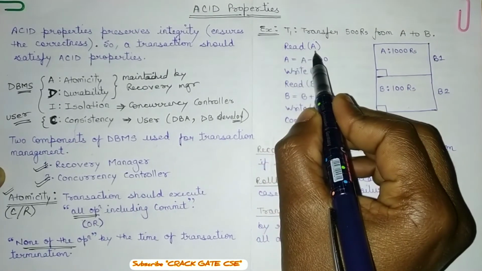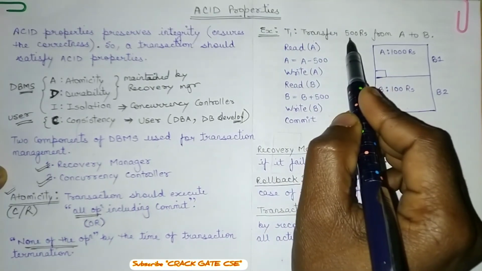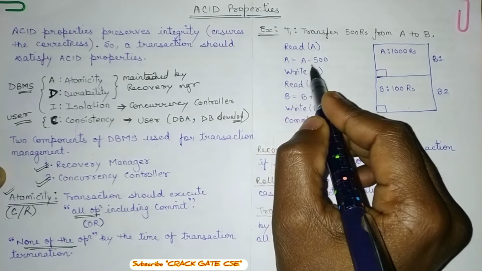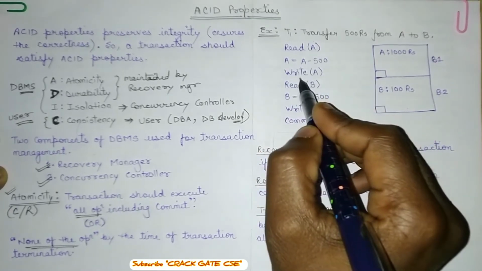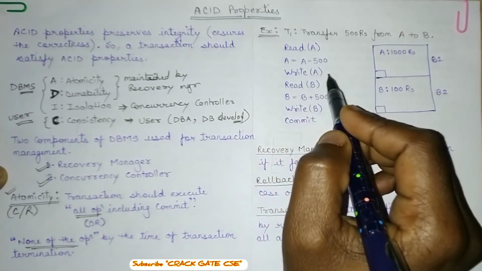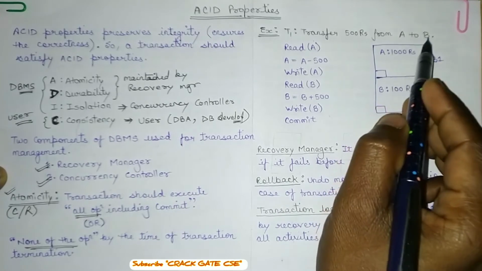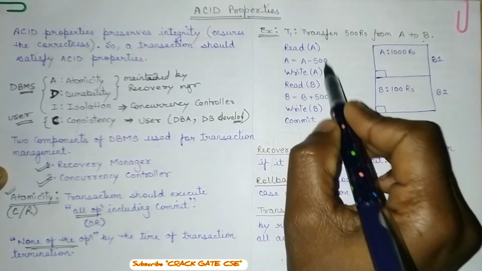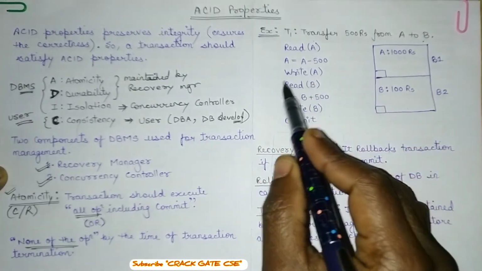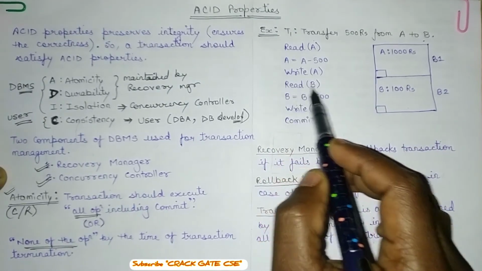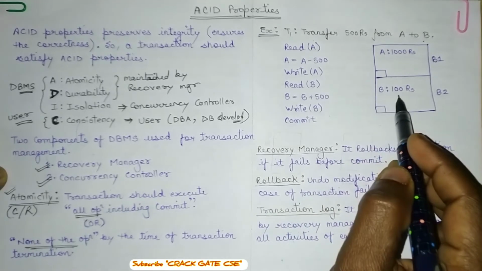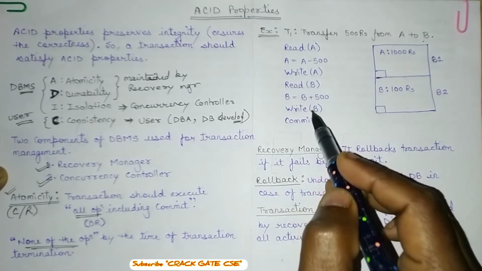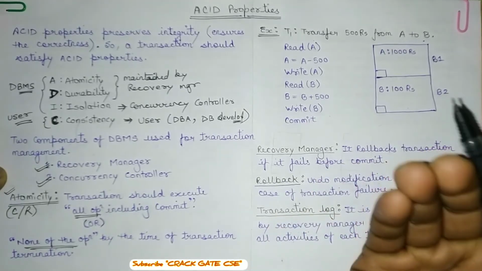So first I am reading A. If it is having a balance of minimum 500 rupees, I am deducting that balance from account A and updating the balance of A. After that we have to send that 500 rupees into account B. So we have deducted from account A, now we have to add it into account B. So again I am reading the account balance of B, then I am adding 500 to it and updating the balance.